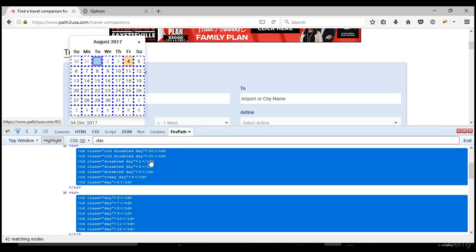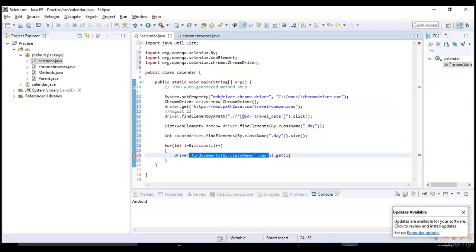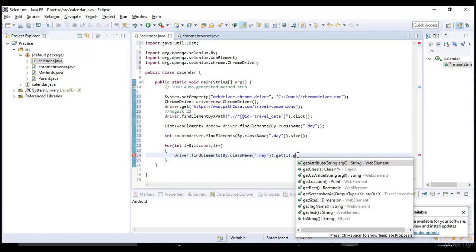Once you are in that item, you need to grab the text present in that item and compare it with your expected value. If both match, then we are going to click on it. Now how to grab the text present in that item? It's simple, dot getText, isn't it? getText will help us grab that.